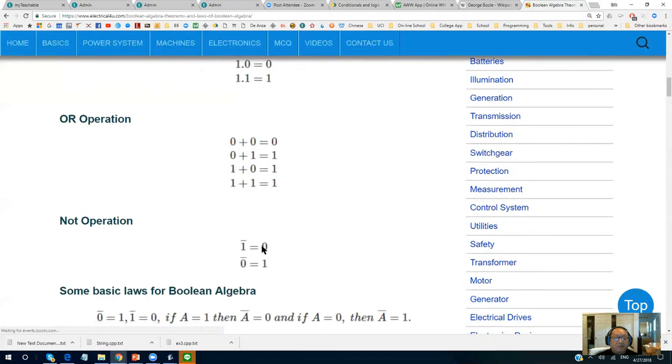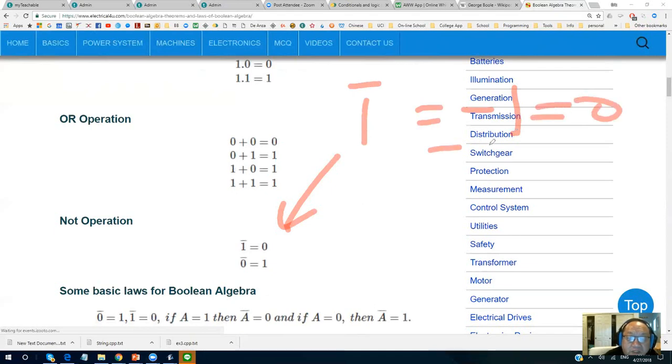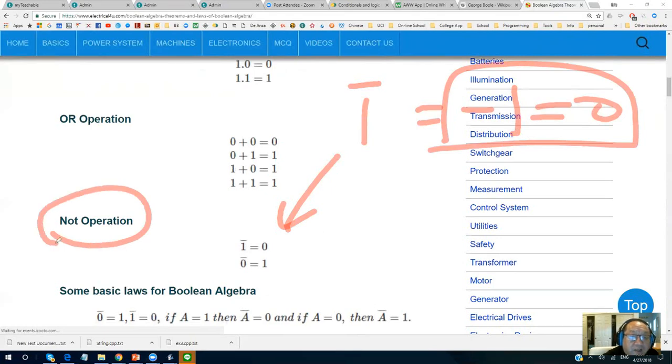Is that okay? Yes. If you see a symbol like a bar on top of something, it means negation. Sometimes you write it like this, or sometimes like this, and NOT 1 actually equals 0 in Boolean. That's called the NOT operation.